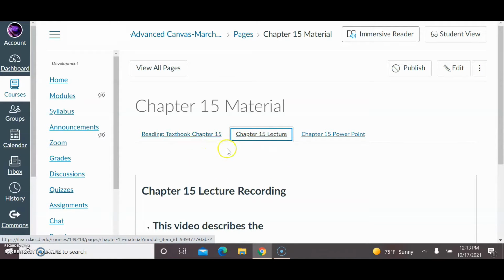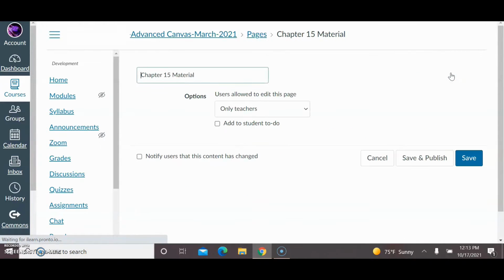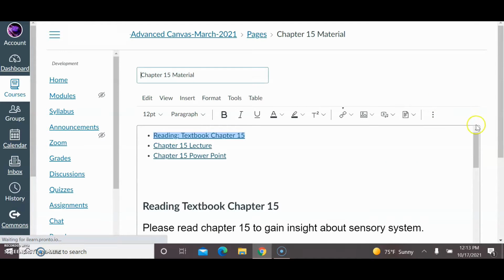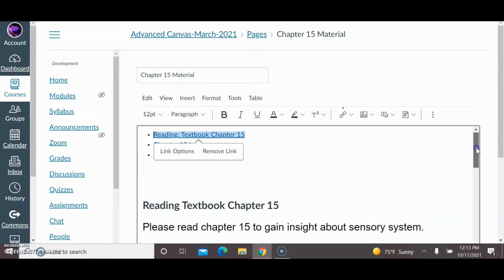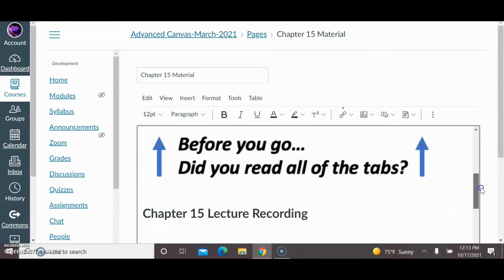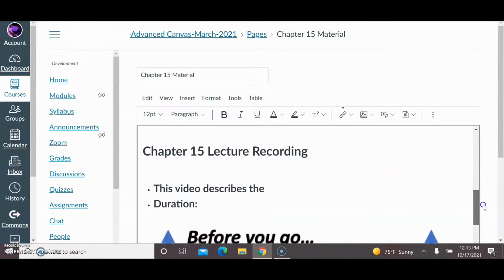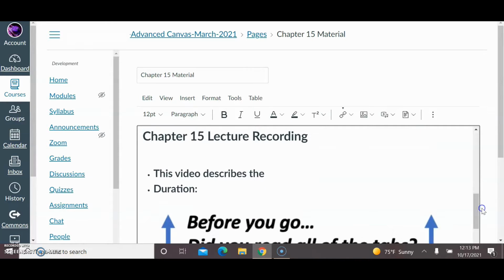I did create another video where I showed you how to create tabs in Canvas. So what I like to do is click Edit. And what I like to do is embed that video. So I'm just going to embed that Cold War video directly on this page so you can see it. It says chapter 15 lecture recording, whatever chapter it is. You can even describe the recording a little more. Maybe it's World War II lecture recording, and then you can explain what the video is about, the duration of